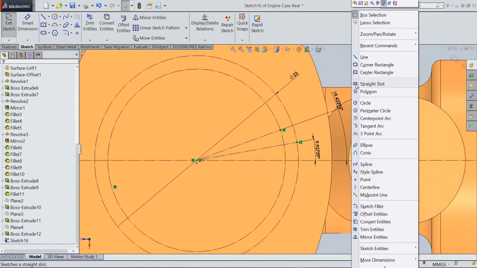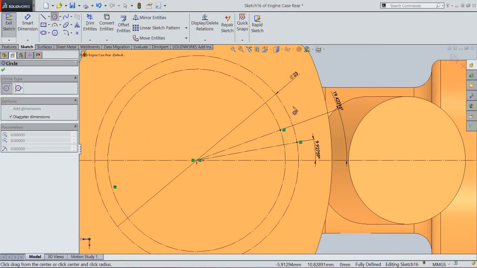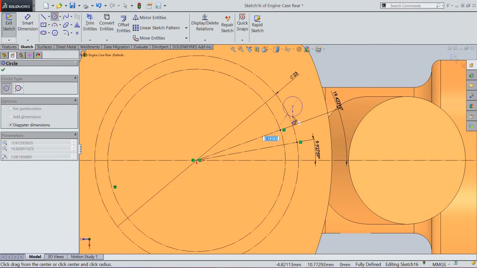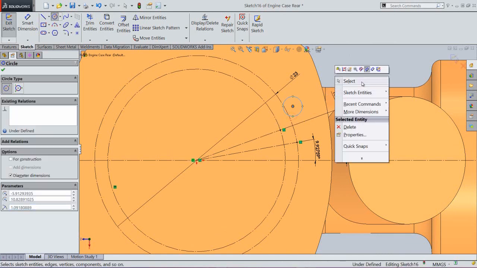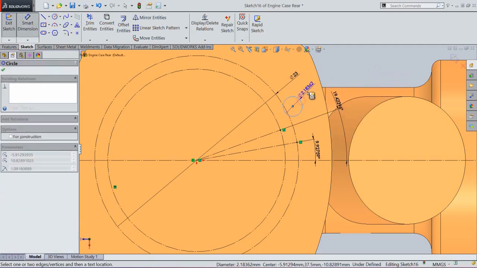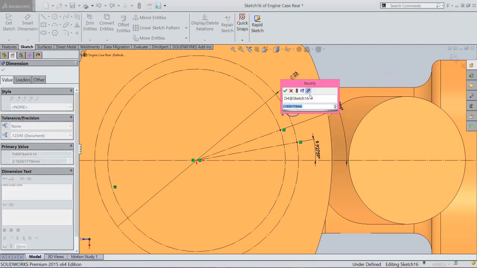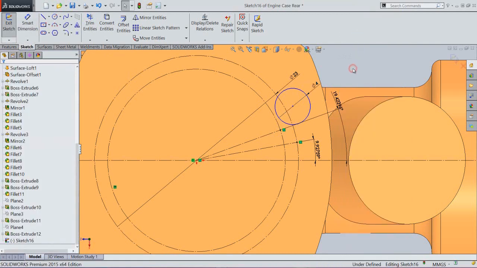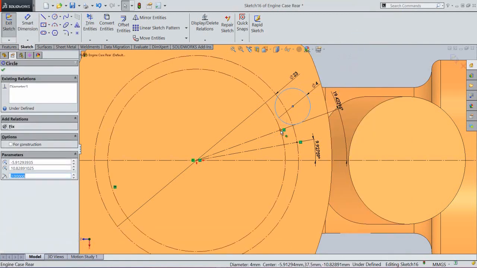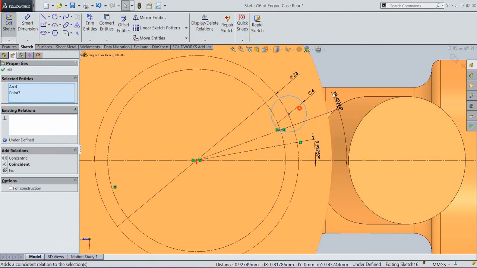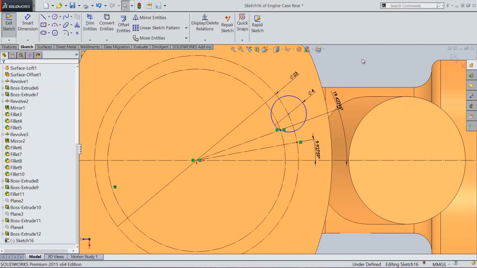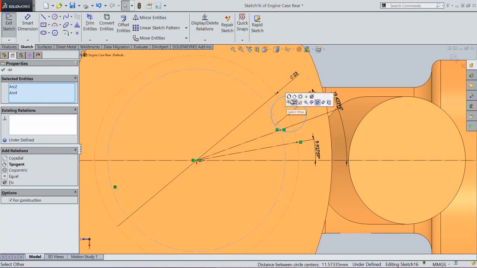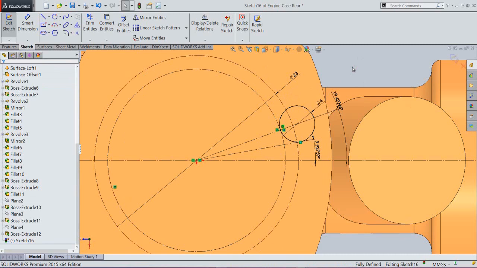Now we will create a circle from here. Select this circle and set the diameter 4 mm. Select this circle and this point and apply coincident relation. Select this circle and apply tangent relation.